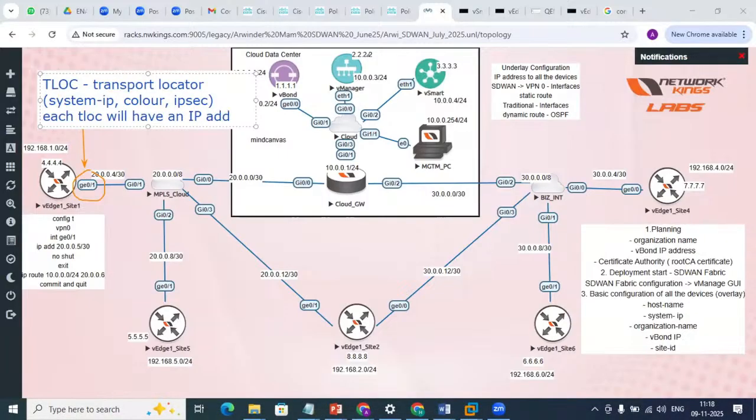Now, sometimes what happens, we configure NAT. We say public IP and private IP. And if there is no NAT configured, the same IP will be represented as a public IP and private IP. Now here in this scenario, between the MPLS cloud and this VH1 site 1, the subnet is 20.0.0.4. So there might be a possibility that 5 or 6 IPs are configured on the VH1 site 1, right? That particular IP will be the TLOC IP address, and that's what is being reported to the vSmart from this VH,